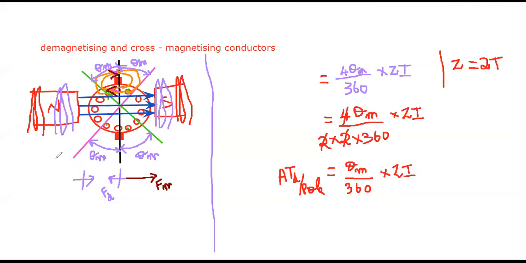Suppose the load increases, what happens? Again, this demagnetization effect will increase. So according to the increase of the demagnetization effect of the field, the number of turns producing some amount of flux also has to be increased. So how to increase it according to the variation of the load? What I am doing here is connecting this extra winding to the armature, right?